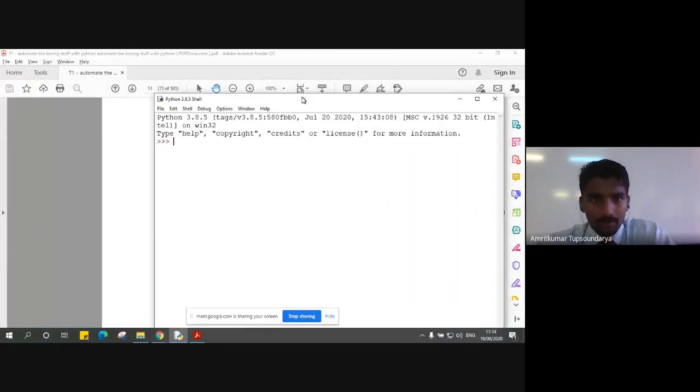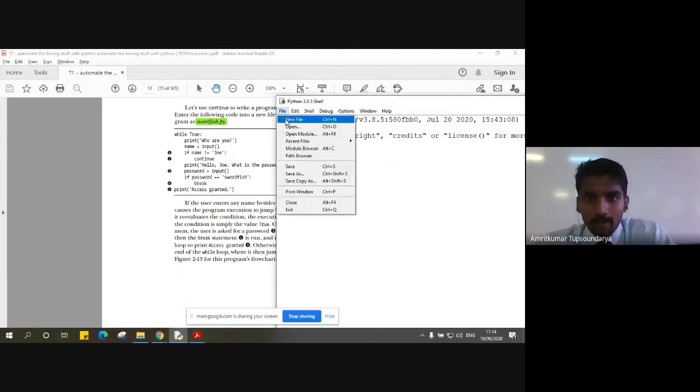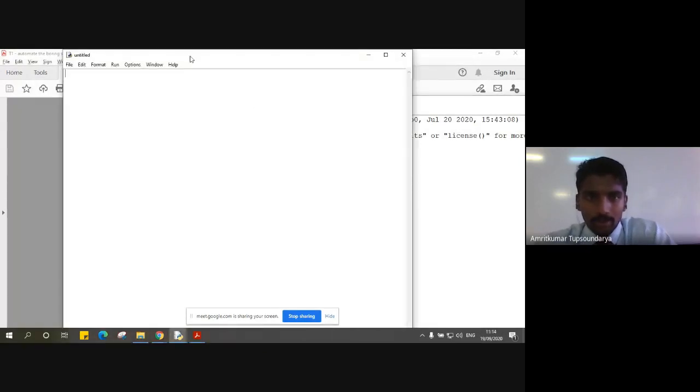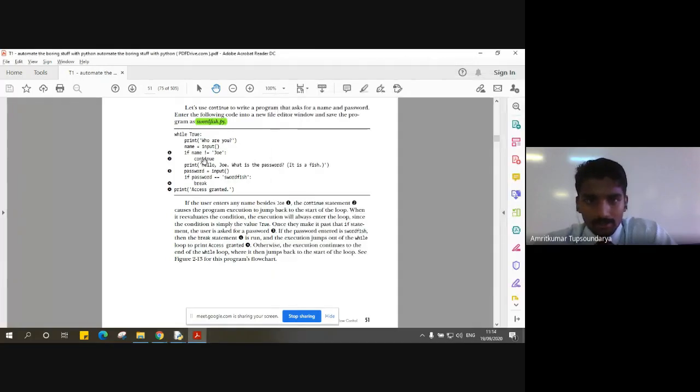Okay. So once I have my Python IDLE open, what I'm going to do is create a new file or a new window, and then we'll just copy paste this whole thing so that we save time.